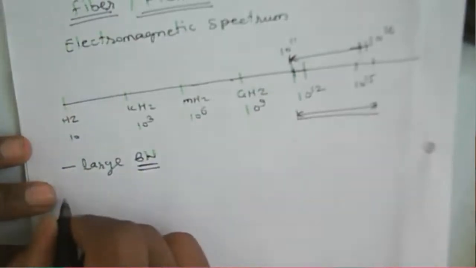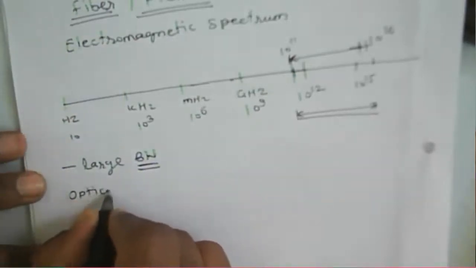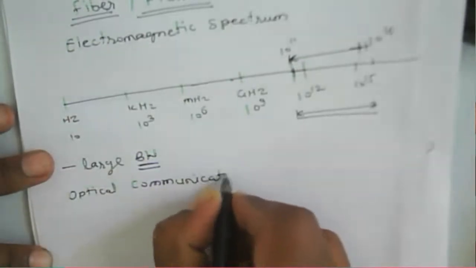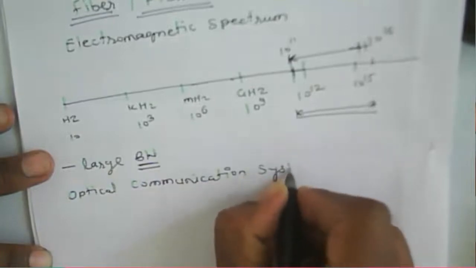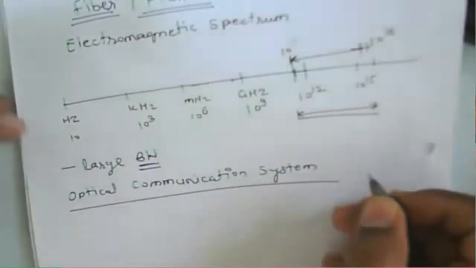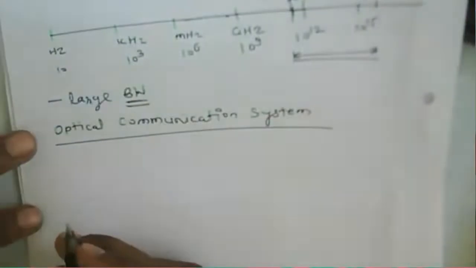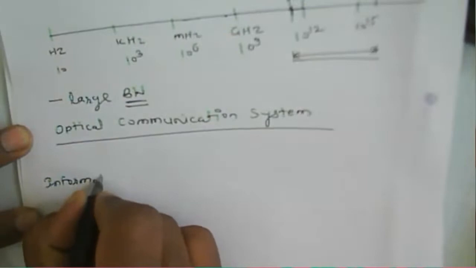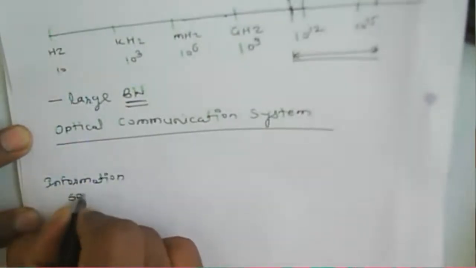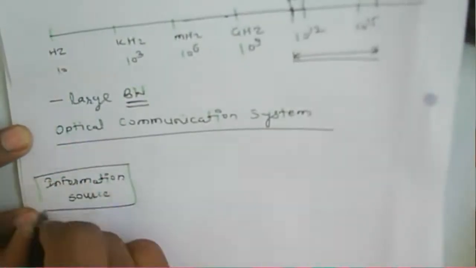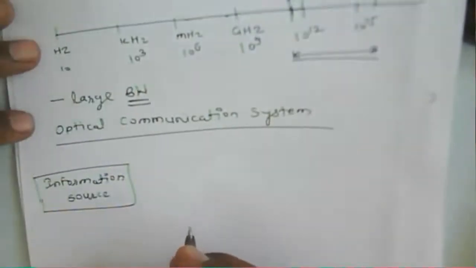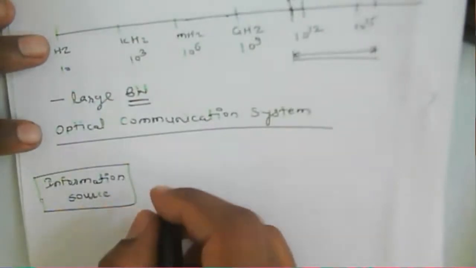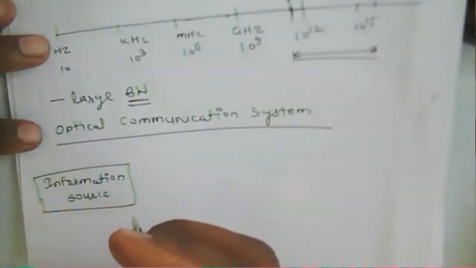So we first consider an optical communication system. So in an optical communication system, we have the information source. Information source can be what? It can be a signal, a speech signal, and that information source is nothing but what? It is in terms